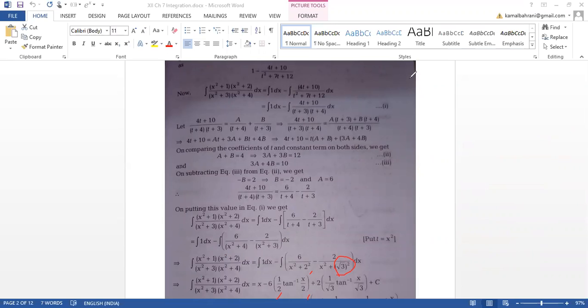You can separately also write. And first one, don't forget this 1 dx we were having. 1 dx is x only. So x minus this whole thing will come. I think so this must be clear. If you have any problem, please raise your hand or come to the chat box and ask. Clear? Next is your next question.